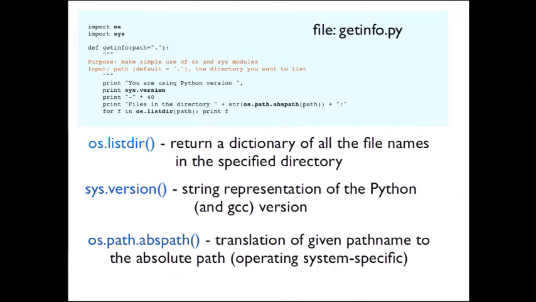What is this for? Well, it makes use of the simple os and sys modules. Input path, the directory you want to list. This is a pretty bad docstring because I actually just said what I use. I don't say what it actually does. But the code's pretty simple, so we can just parse that through ourselves. Print, you are using Python version something, and remember I have that comma there. It doesn't actually put a new line. Print sys.version. sys.version is a variable that's associated with every single Python interpreter that ships. And then I can have a little line after that, and I can say files in this directory,